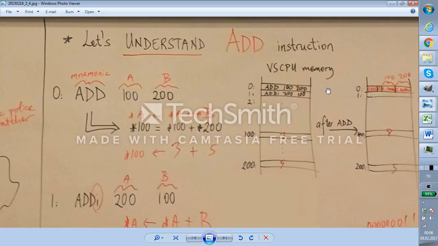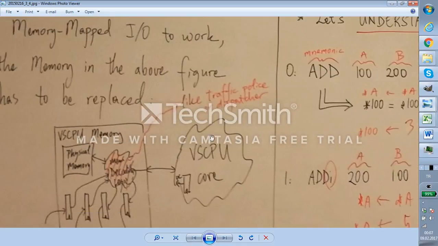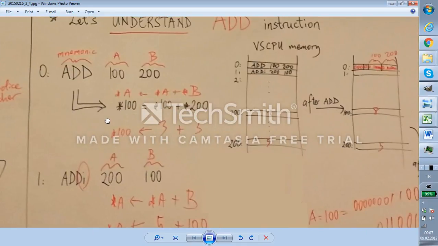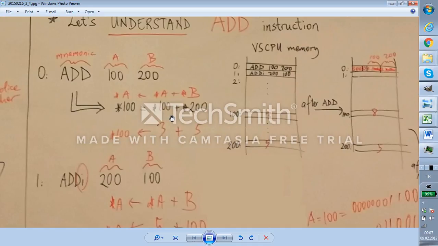Just bear with me for now. So the CPU, when it powers up, goes to address 0. So it sends 0 as the address to memory, and the memory returns the contents of address 0, which is this add 100, 200. So in the core of the CPU, there is logic, there is intelligence,